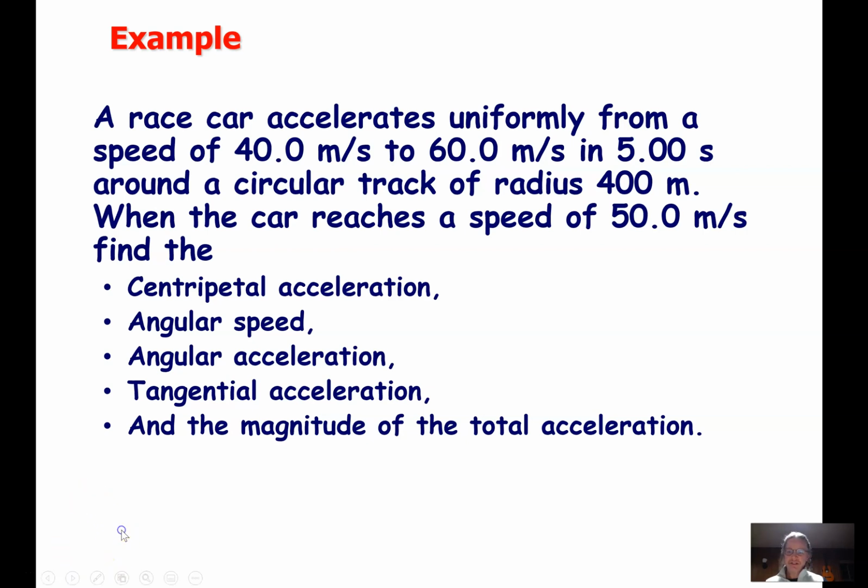Alright guys, where we left off, we found this little ditty to be right up here, 6.25 meters per second squared. When we took the 50 squared divided by the 400, that's how you find centripetal acceleration. That's a little bit of review. But for angular speed at 50 meters per second,